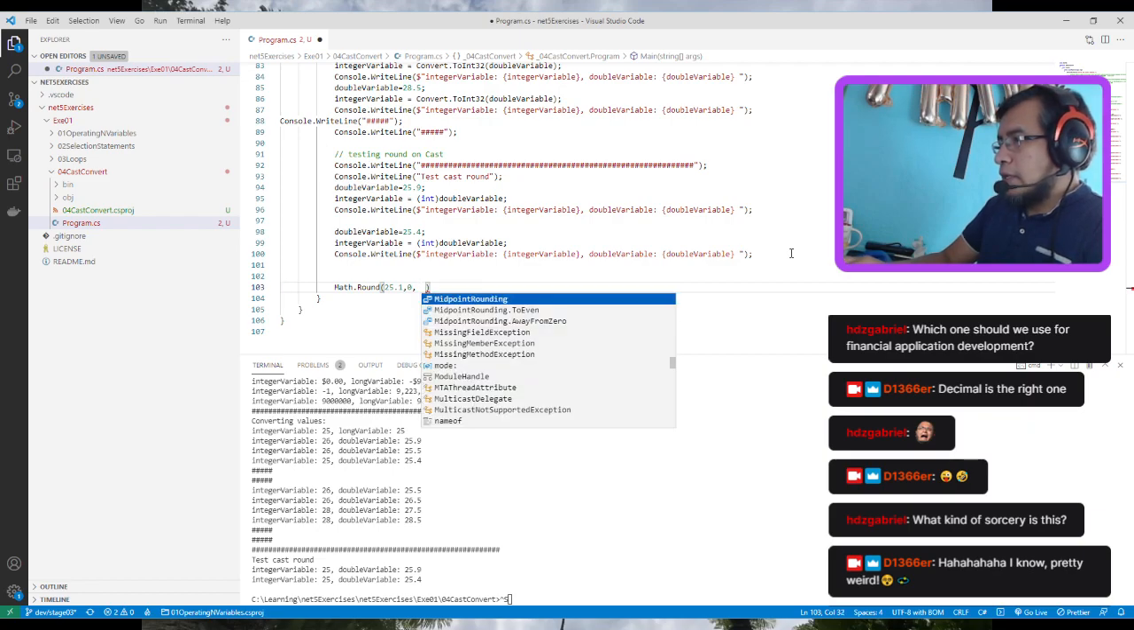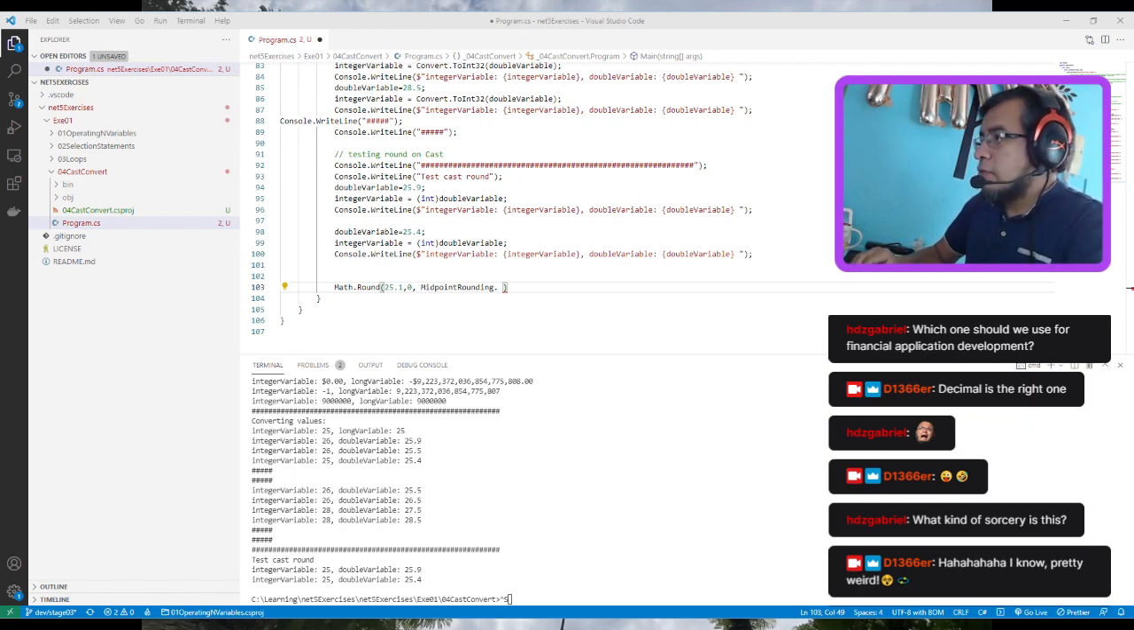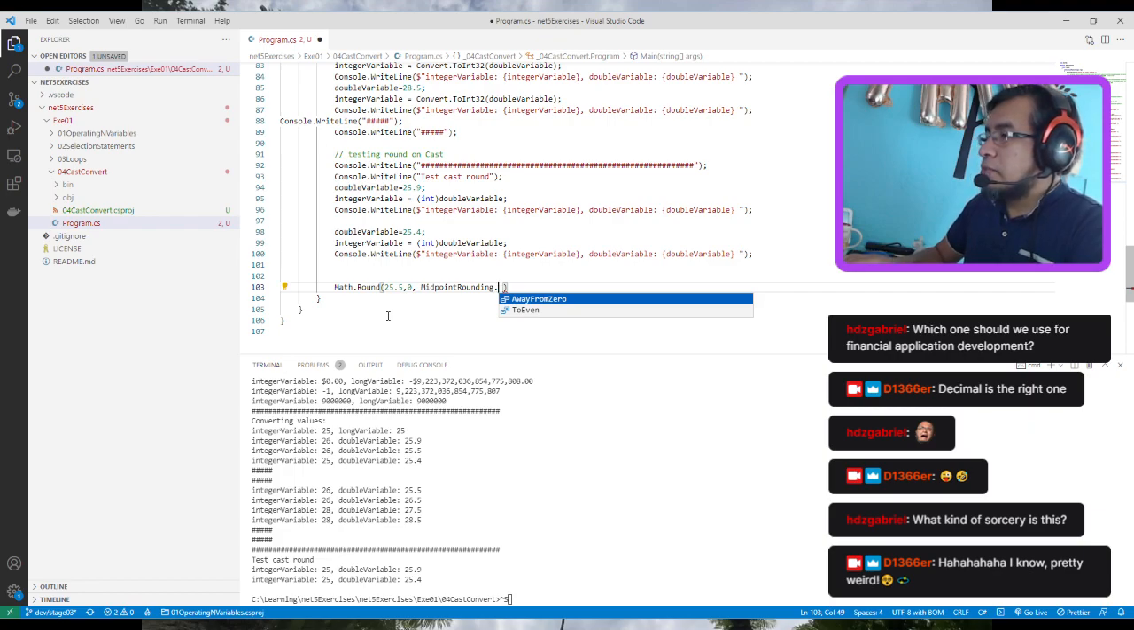You're able to say, okay, I want a midpoint rounding, away from 0 or to even. So what are we going to do here? We are going to do the following. 25.5, midpoint rounding. Okay, the midpoint rounding is 0.5. Okay, so away from 0,